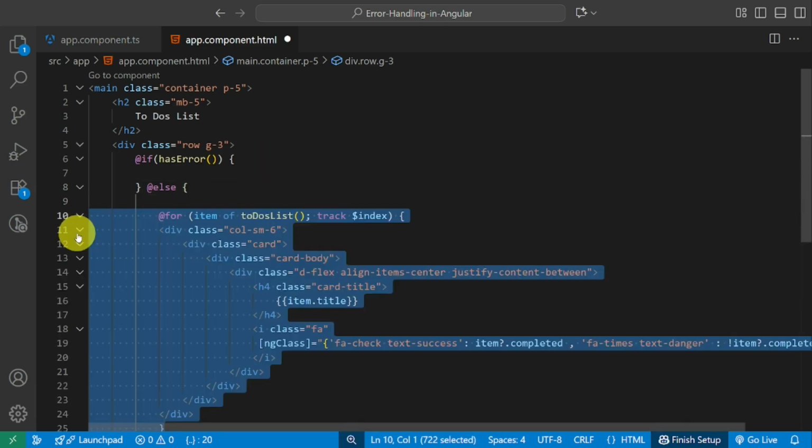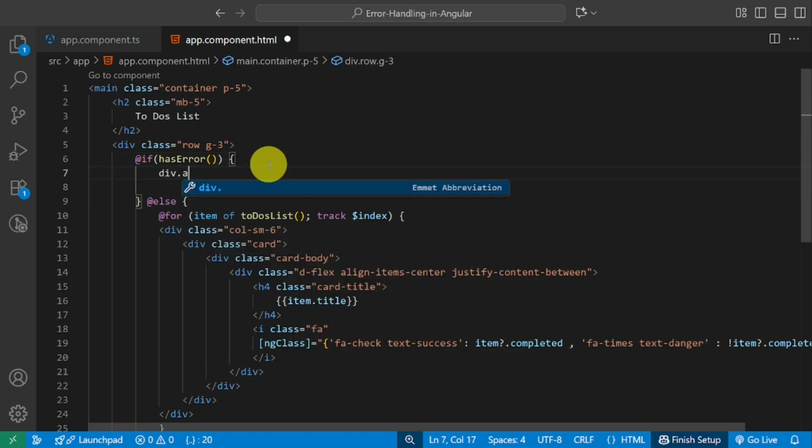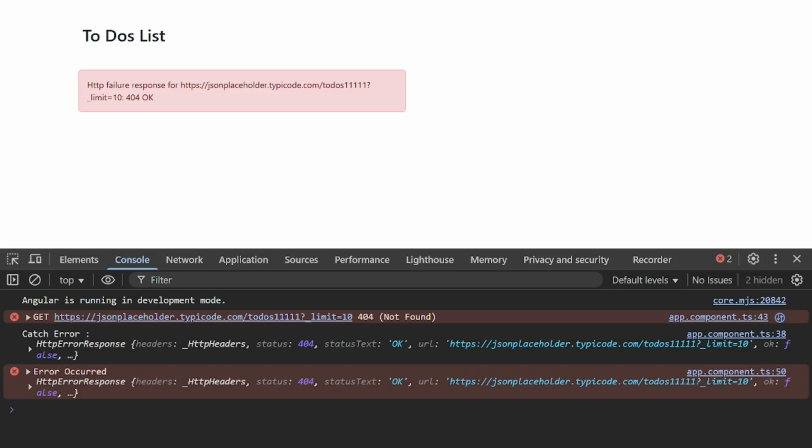So if hasError is false, just display the cards, and if hasError is true, just display an alert with the class of alert-danger and bind errorMessage into that. Now you can see a quick demo of the error status that I displayed in the UI.